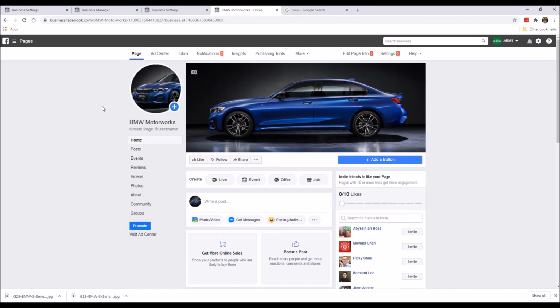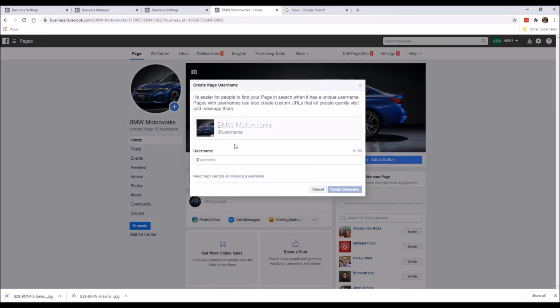that some people advertise their Facebook page with no logo, no nothing. It just doesn't build any trust whatsoever. And like I said, it doesn't have to be this picture forever. You can always change the pictures later on, and to a small extent you can even change the name, as long as it doesn't deviate from its original intention. Like for example, BMW Motorworks, you can't actually rename it to maybe Audi or something like that, because Facebook just won't allow that, right? But what we're going to do now is that we'll click on username, and we can